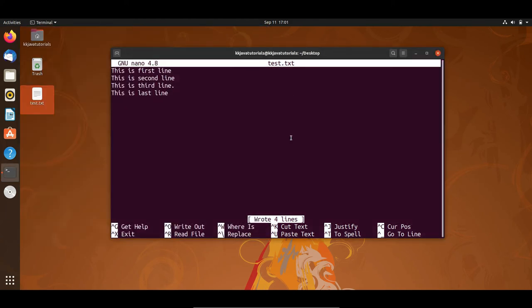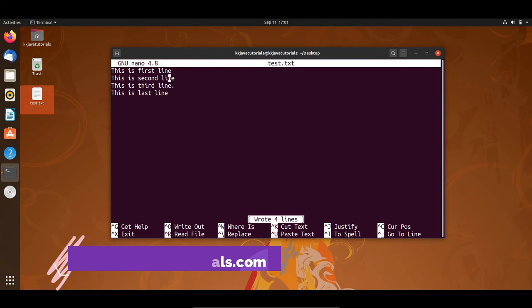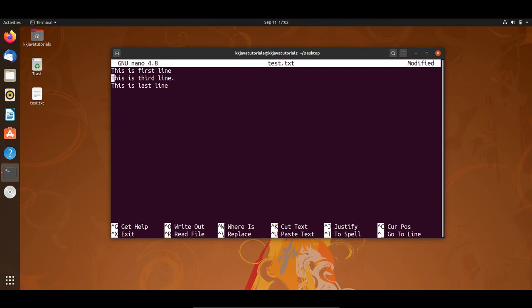Now there are some more commands I would like to discuss over here. Let's say I would like to do some cut and paste. Here you can see cut text has a shortcut, Ctrl K. Whichever line you want to cut, let's say I would like to cut the second line. So I press Ctrl K, and you can see that has been cut. Now I would like to paste that line at the last. To paste, you have Ctrl U, paste text. So I am going to press Ctrl U, and